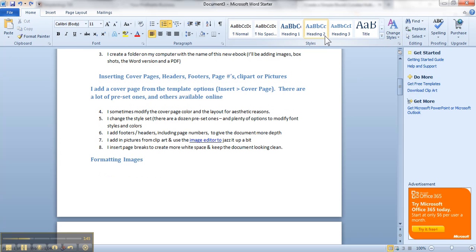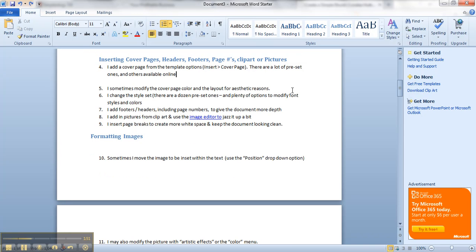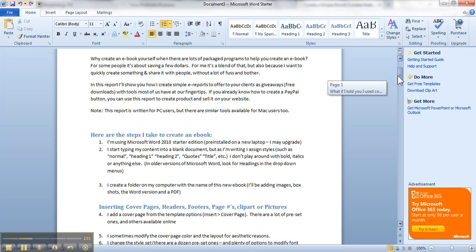I must have had that set with a bold or something, and then I went directly into adding some extra images so that the people who are reading my book or the report didn't just look at the text that I was writing, because for some people that's just a little too heavy. So instead of just showing them exactly how to do it, I included some graphic images,